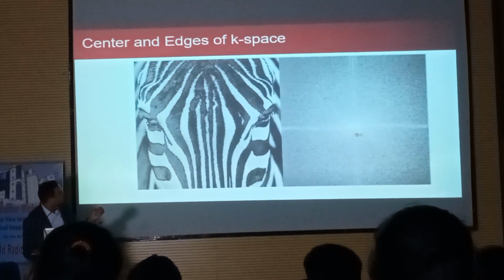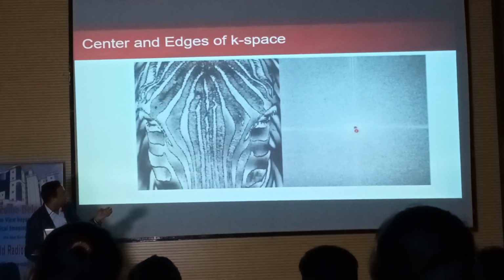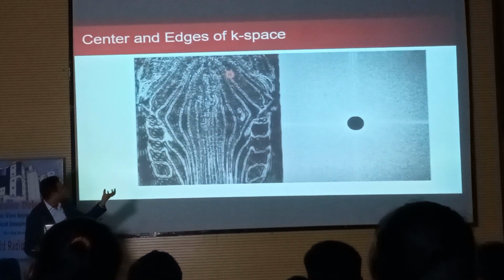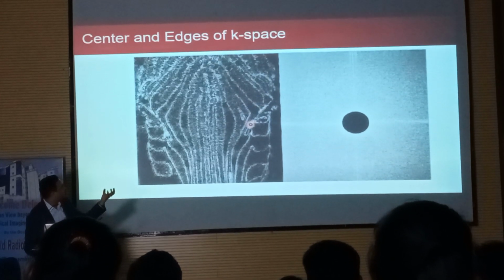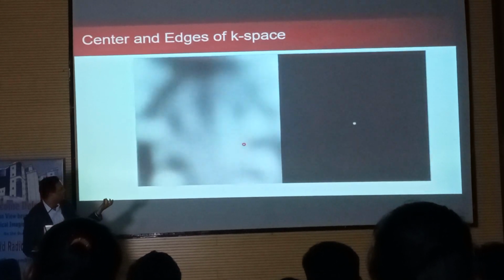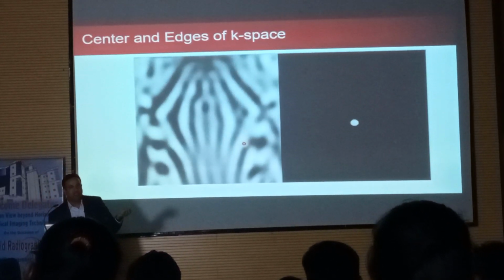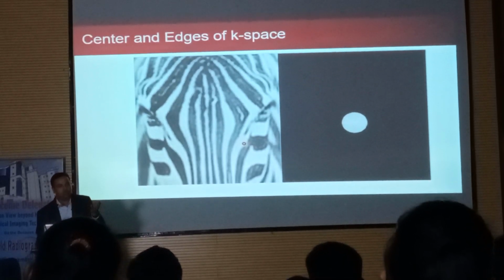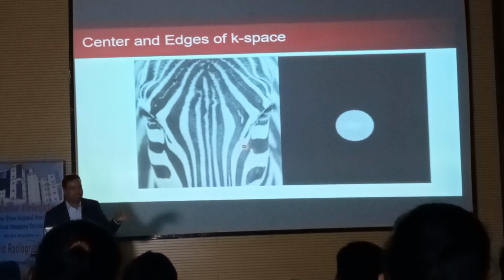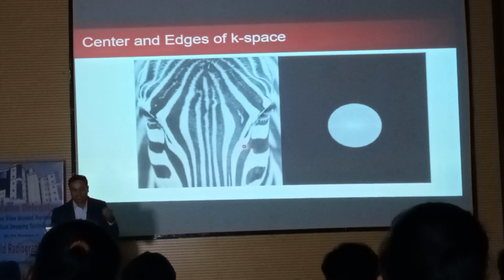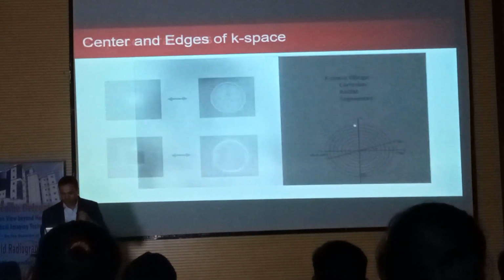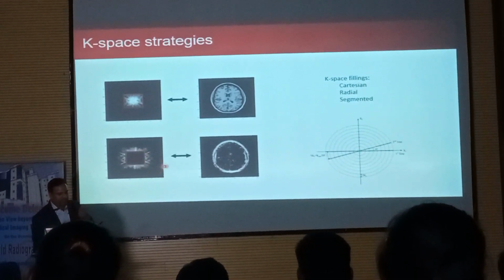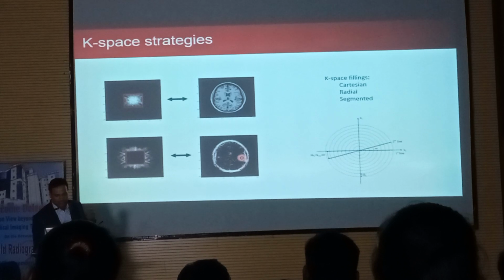However, on the flip side, if you just exclude the center of K space, तो आप देखिए यहाँ पे contrast खत्म होते जा रहा है, but only edges we are getting, edges or details sometimes we call it. तो इसमें resolution आपको मिलेगा और center में आपको contrast मिलेगा. So it's up to you what your diagnostic criteria is, what you want to look for in the images, that we can play with K space. So again the same thing. Center has contrast and periphery has details or edges or resolution.